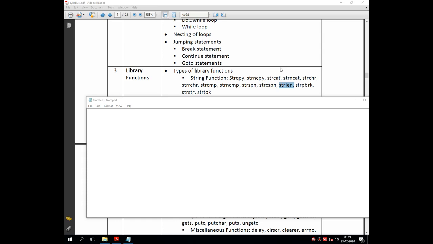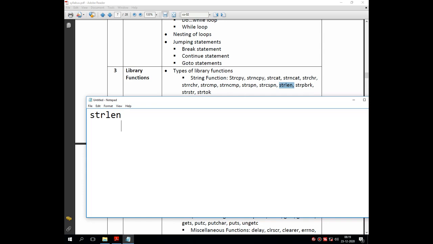As you can see on the screen, we start with the discussion of the strlen function. The theory of the strlen function says that this function returns the total number of characters for the string given by the user.